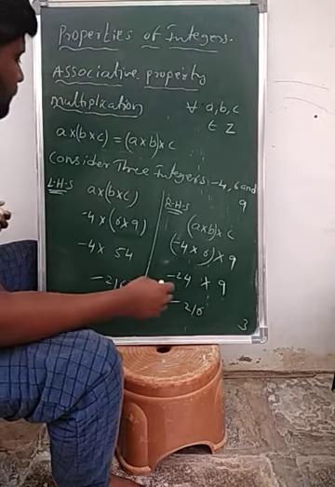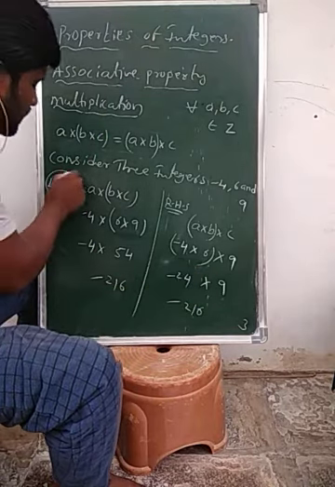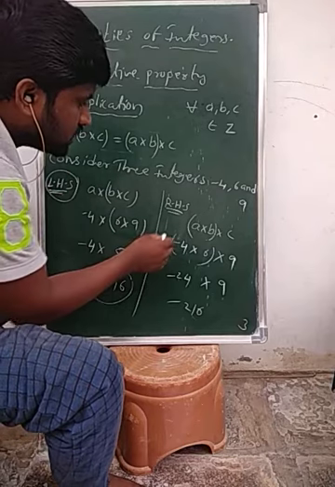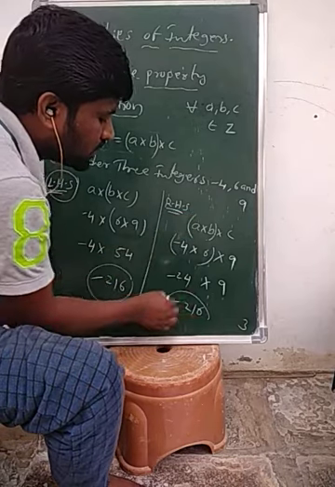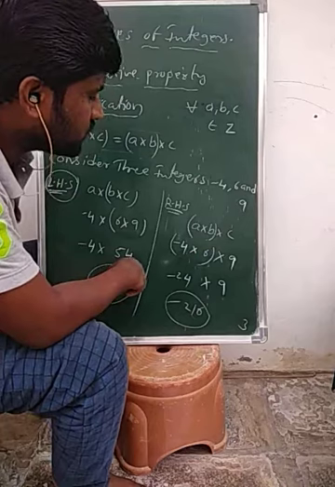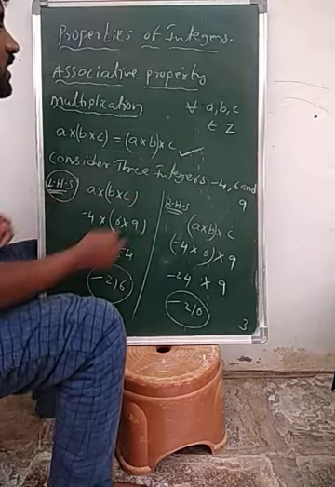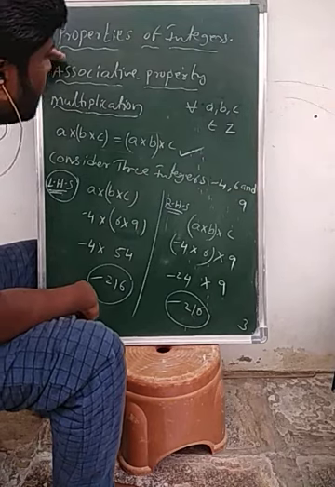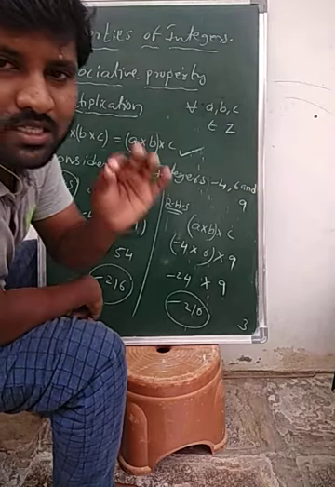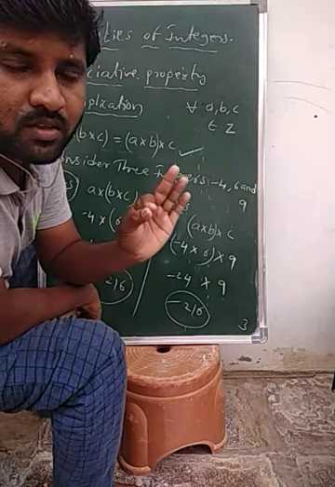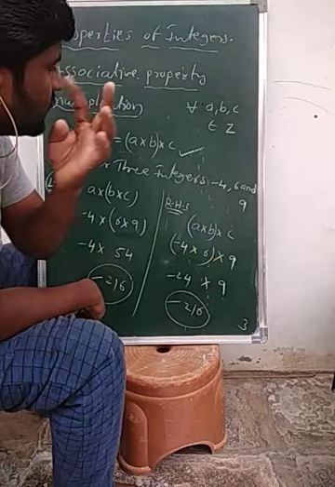So clearly the LHS part we get -216 and the RHS part also we get -216. So LHS is equal to RHS. So you can say that the associative property under multiplication is satisfied for integers. Okay, so in the same manner,